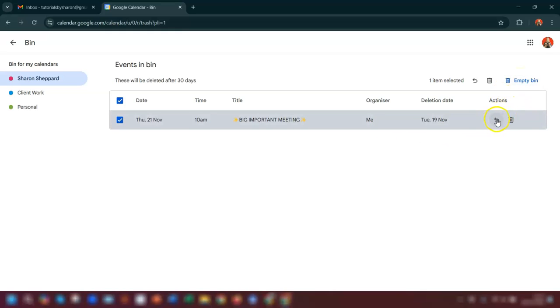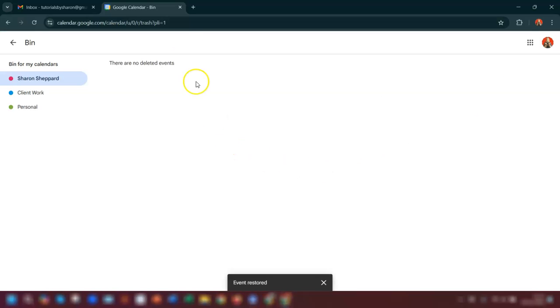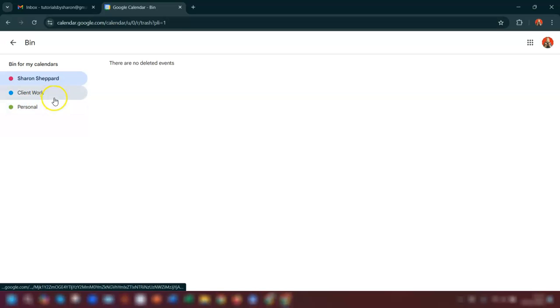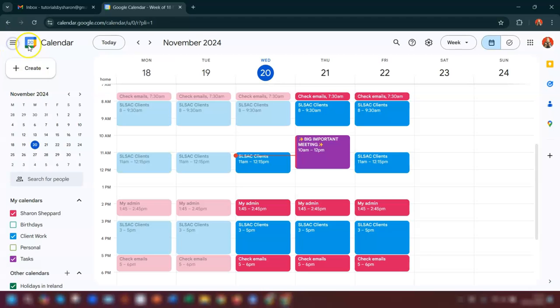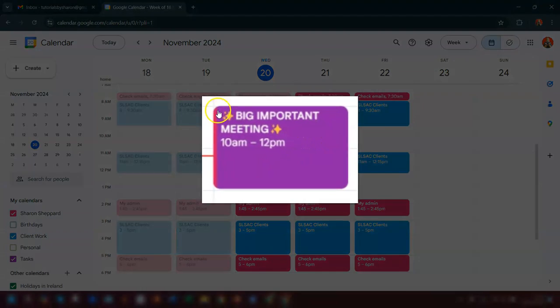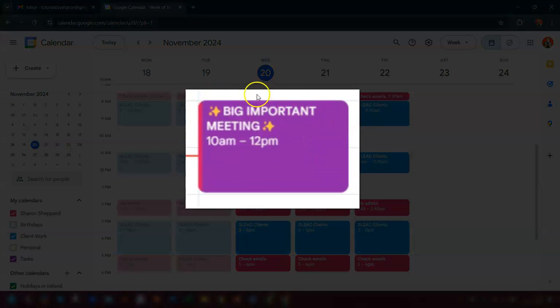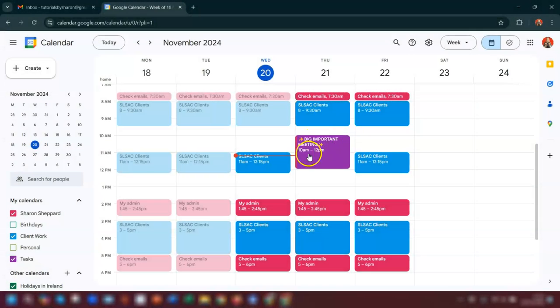So I'm just going to go ahead and restore this event, and now you can see there's no more deleted events in this particular calendar. Once you've restored the event and you've finished, then click on this back arrow here in the top left corner, and that will take you back to your calendar. And you can see this big important meeting is now back at the correct date and time in my calendar,